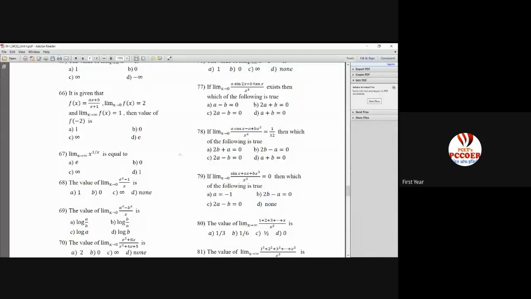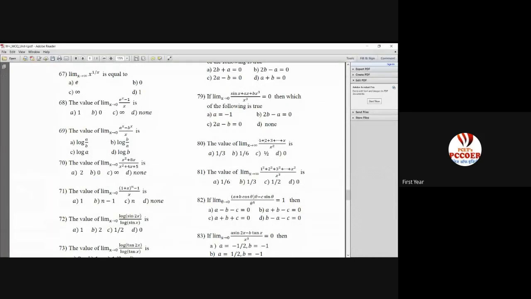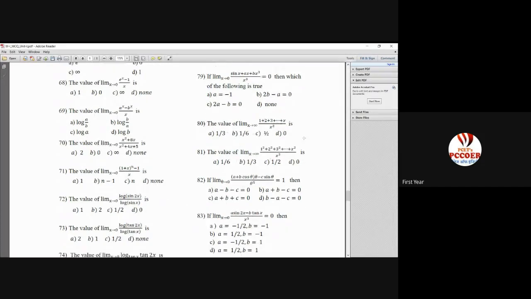So these are the few questions which you have to do. Please try to solve the ones which are easy. Now I'll explain one question of expansion, for example question number 80. Look at question number 80. The remaining ones are polynomial and all. You can solve them, that's not difficult. How are you going to get the expansion of the limit of this question? Question number 80.